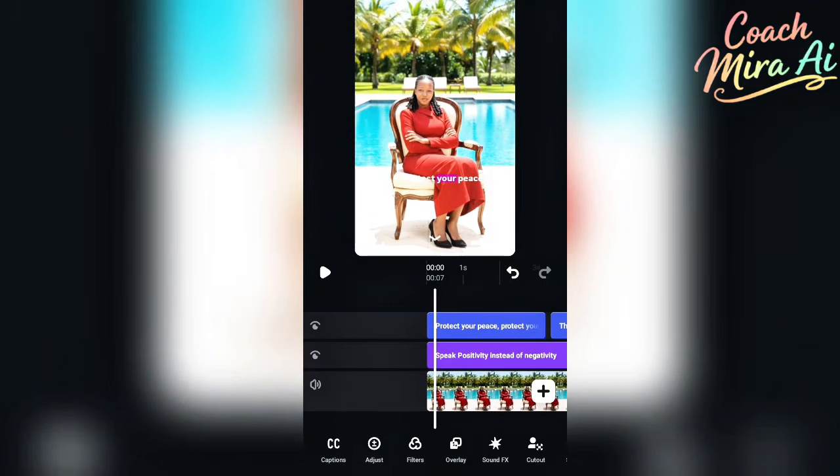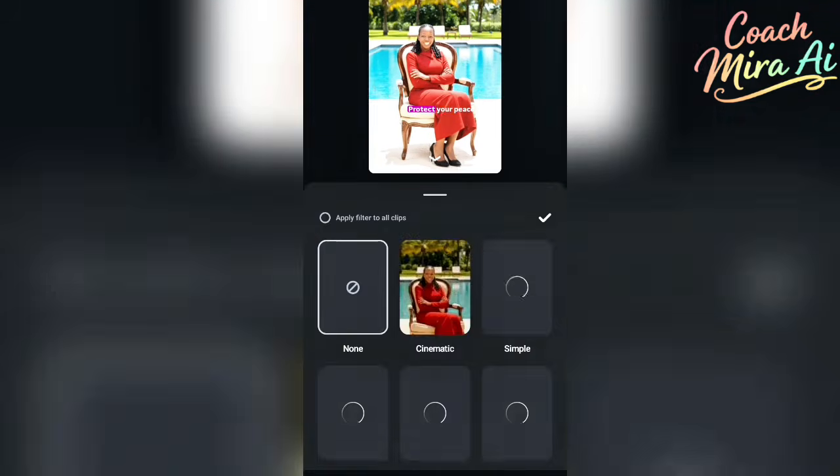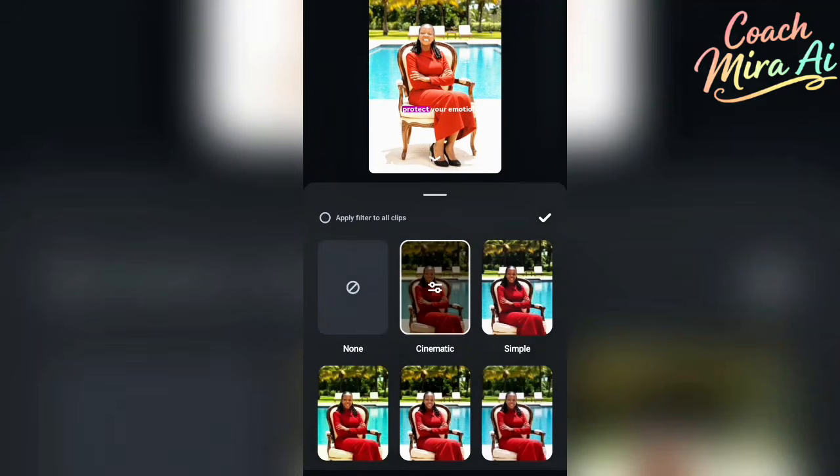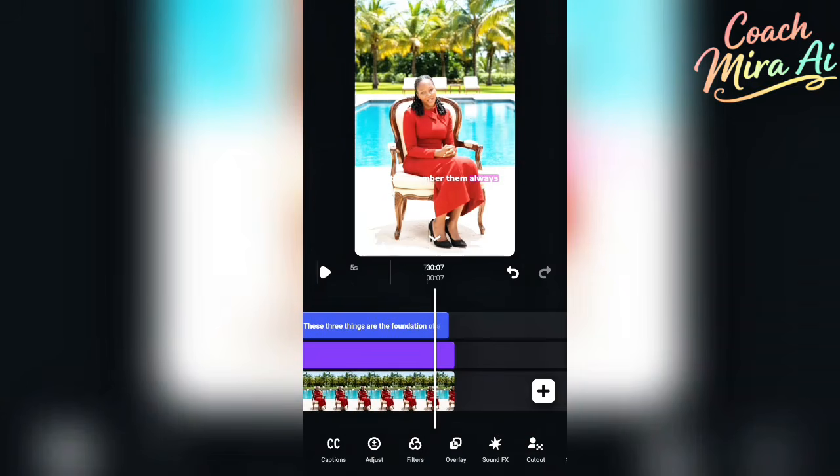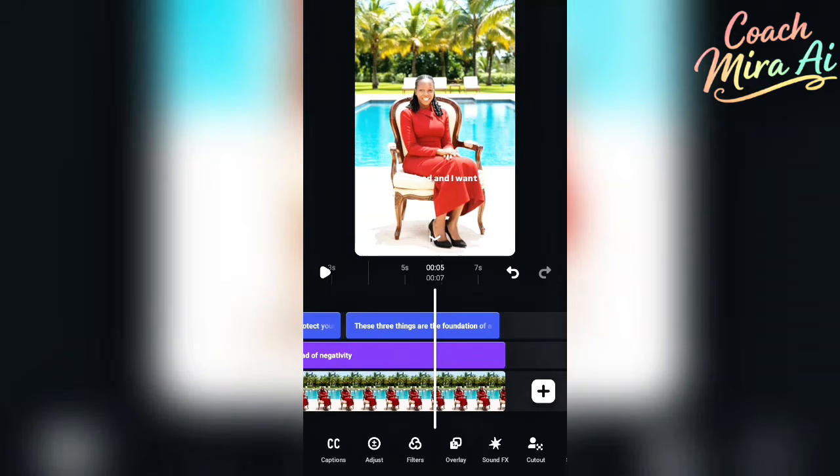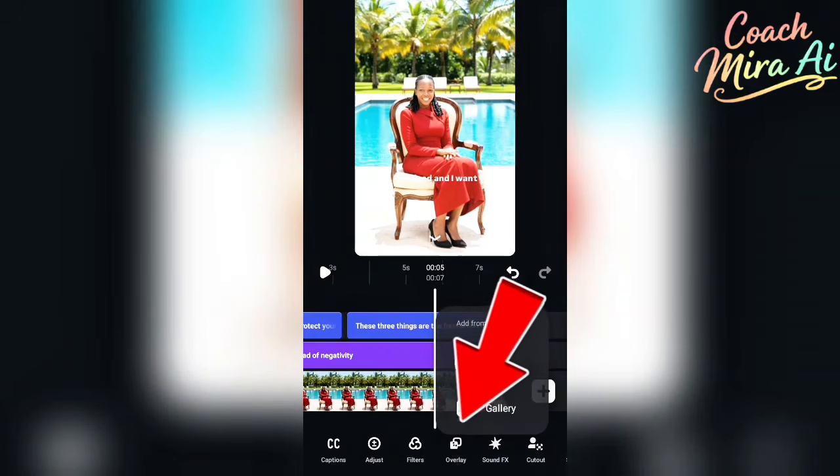If you want to add a filter to it, just click on filters and choose your preferred one, like "Protect your peace" or "Protect your emotions." Then this is overlay. All right, let's say you are doing a reaction, or whatever thing you are doing, and